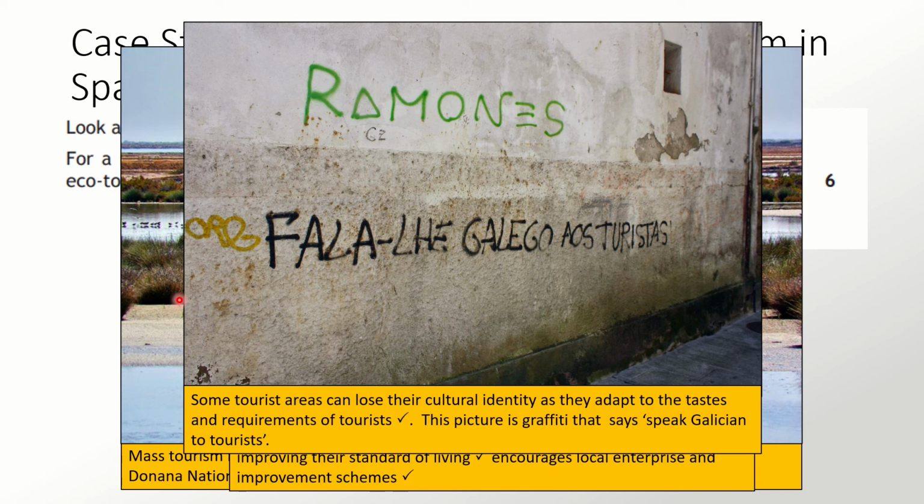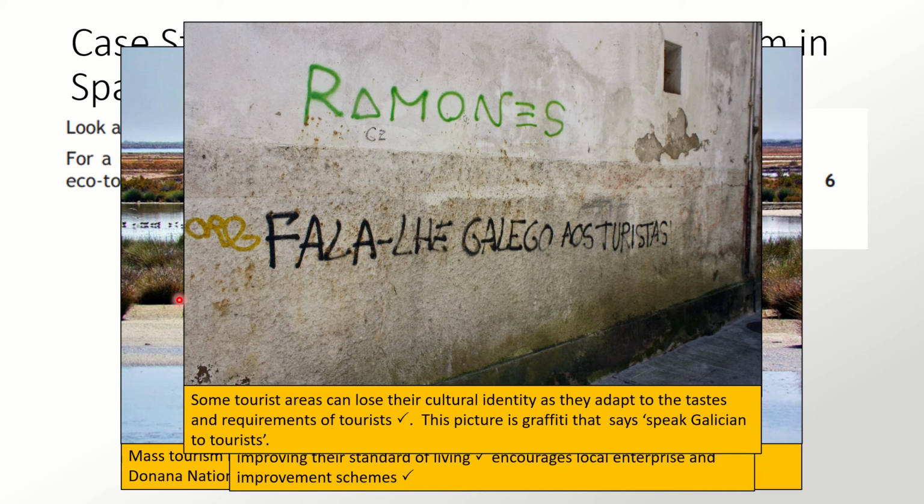The graffiti in the picture here I quite like. Translated roughly, it means speak Galician to tourists. Galician's the local dialect. And it tells you something about the attitude that some people have in Barcelona towards tourists. Certainly not all. But that attitude is reflected in some of the other pictures I'll show you later on in these lessons, where there is a certain feeling that tourists aren't necessarily welcome all of the time because they do